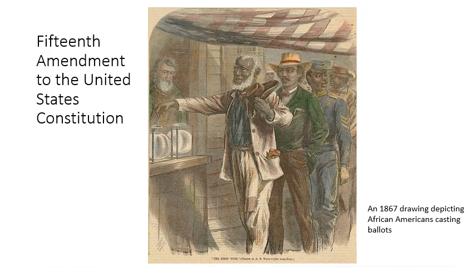The 15th Amendment to the United States Constitution was ratified in 1870, and it was meant to do away with laws that discriminated against former slaves and denied them the right to vote. The language of the amendment says, the right of citizens of the United States to vote shall not be denied or abridged by the United States or by any state on account of race, color, or previous condition of servitude.